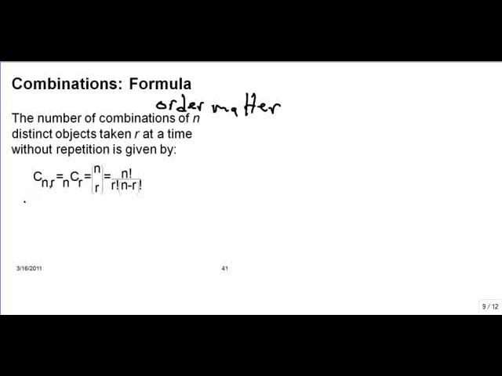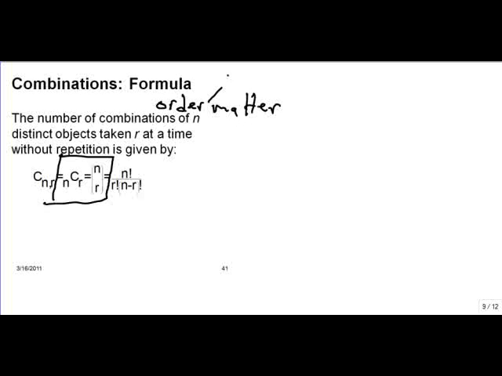Then is given by, so this is just some symbol notation here. The most popular ones are these 2 right here, where this is n choose r, or if you've taken a college algebra course and they've talked about the binomial coefficient, this is read n choose r. So the computation then is n factorial over r factorial times n minus r factorial. So again, when order